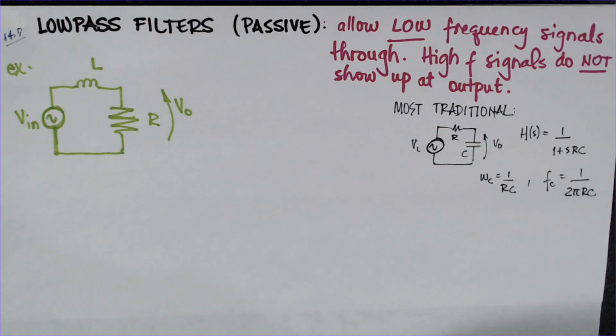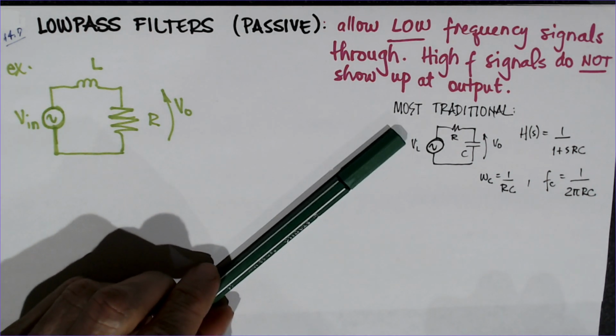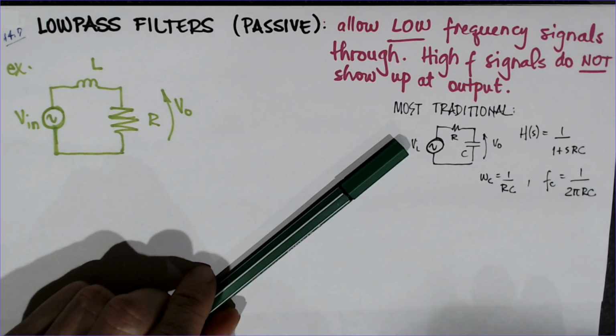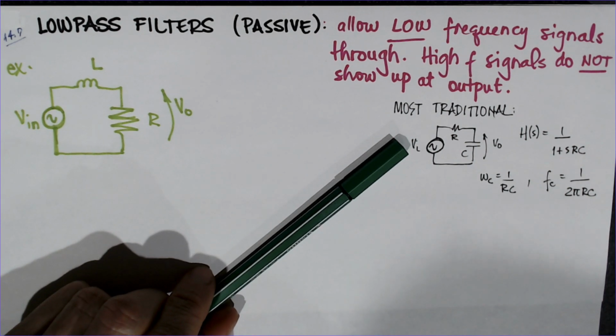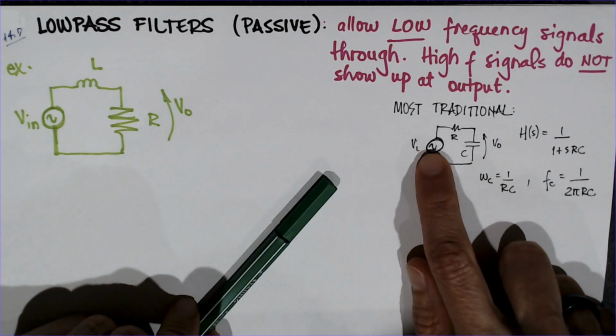This is the second video for the 14.7 session on filters, and I will give you an example of a low-pass filter. There's no set low-pass in general, except that this is absolutely the most traditional one, an RC. I gave you an example last week of how to do the transfer function of V out over V in,